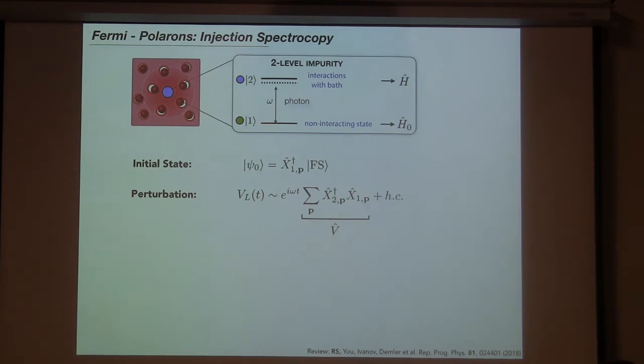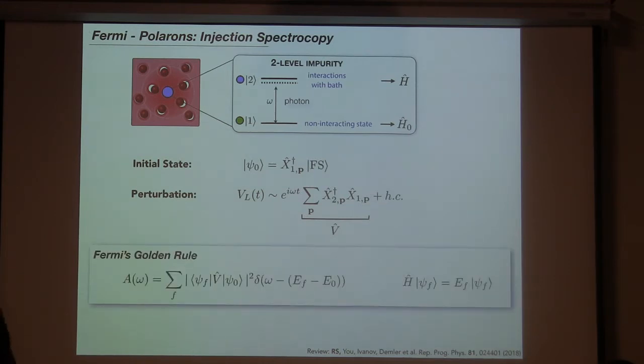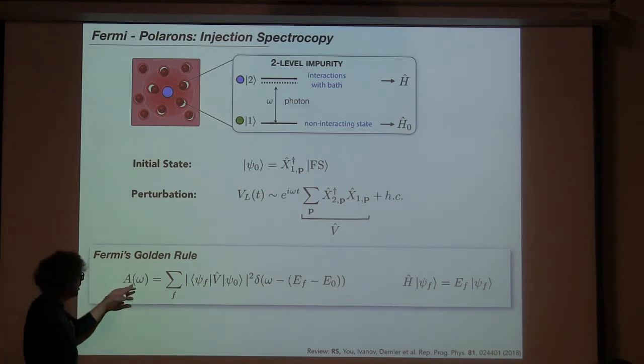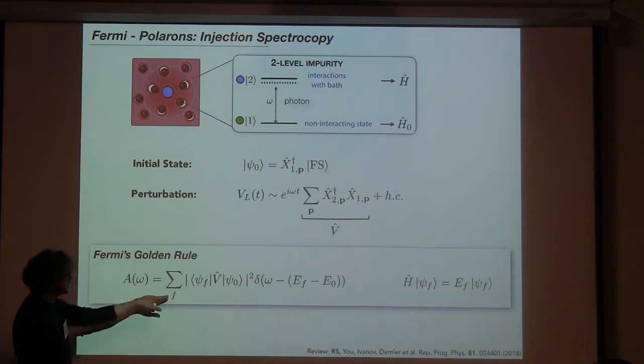The transition rate, or the transfer rate from state 1 to 2: there's a famous formula for doing these things. The Fermi golden rule. Exactly, the Fermi golden rule. So this is what we will calculate. This is valid as a linear response. And what it basically measures is the absorption at a certain frequency.